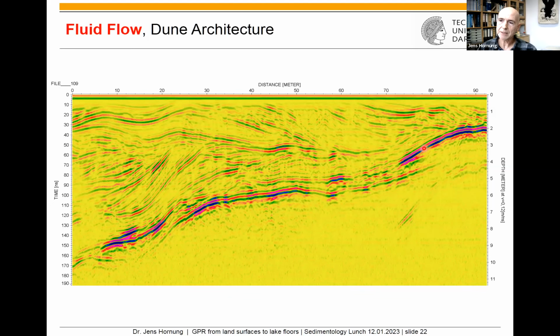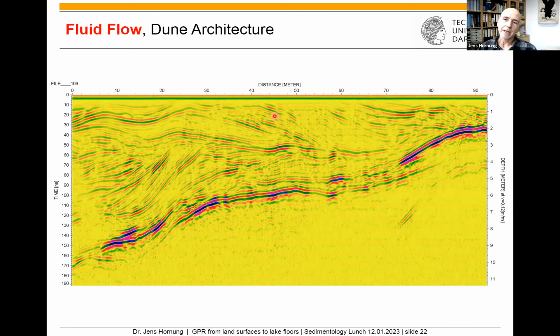We see the base of these dune fields and these different dips of these foresets. We can interpret them as a star dune. So sedimentologists love these GPR sections in dune fields. But please remember that point between 40 and 50 meters in the middle of the section, where these inclined